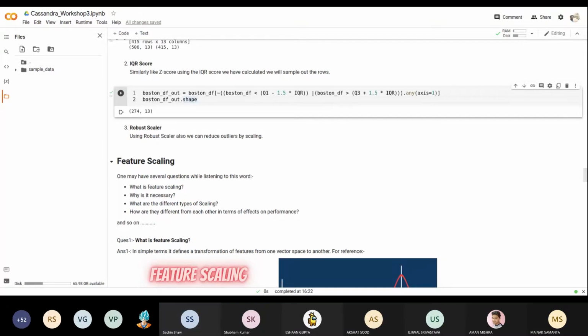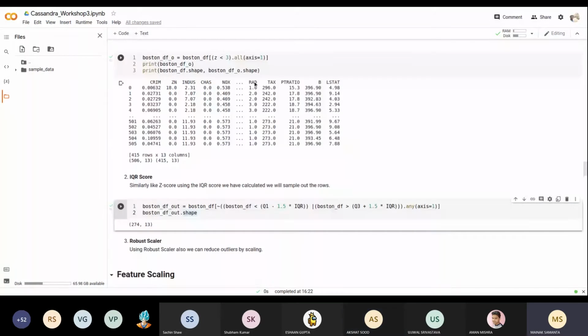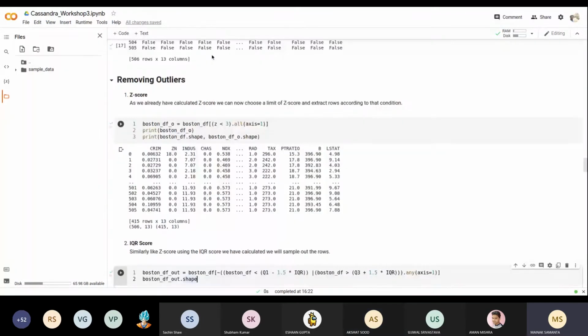Okay, Bhaiya. And what do .ne and .all do? This is just selecting all the axes.